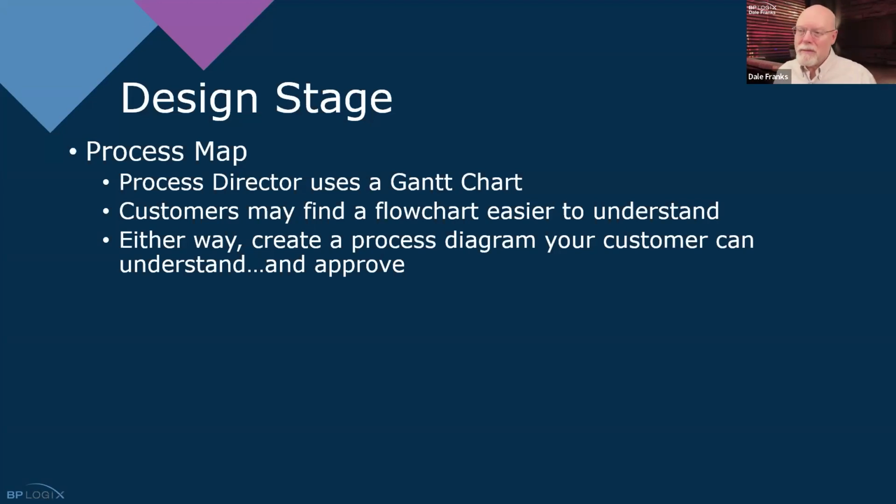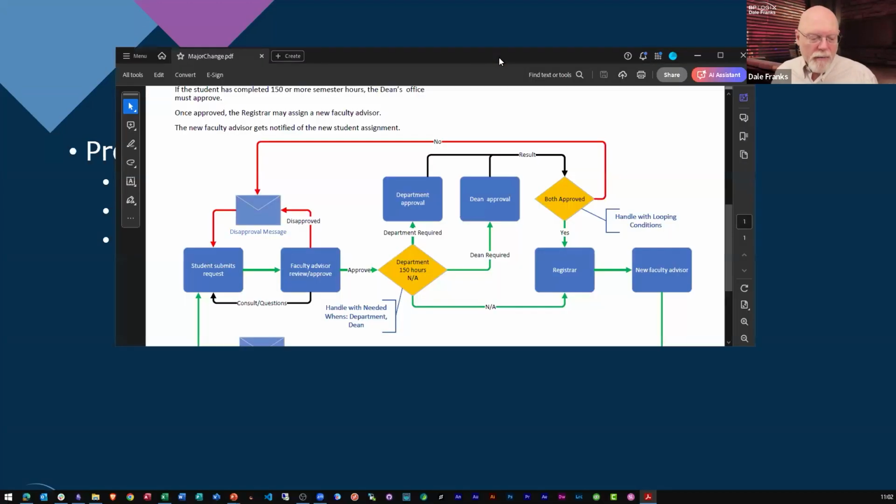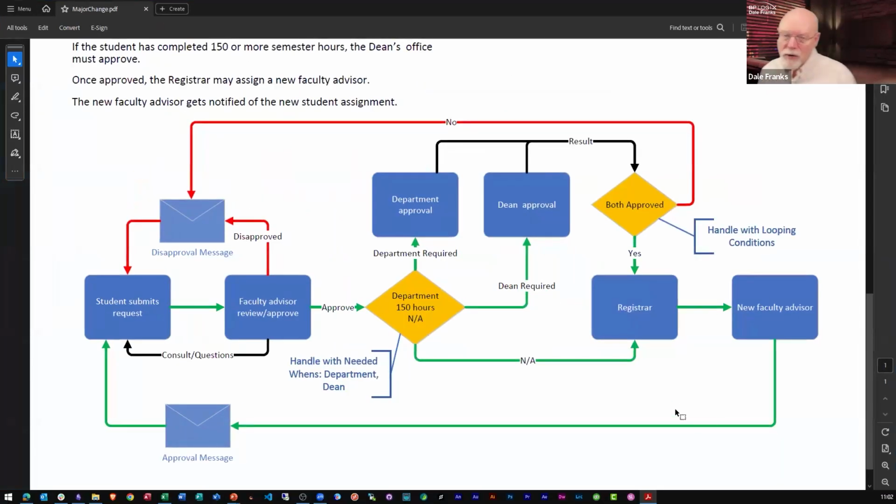Well, that flows both ways, my friend, because you know how Process Director works, and you need to be able to explain to them as if they were a small adult child or golden retriever, how Process Director works. You're not doing it because you think they're dumb. You're doing it because you don't know what they don't know. And sometimes you have to be obvious.